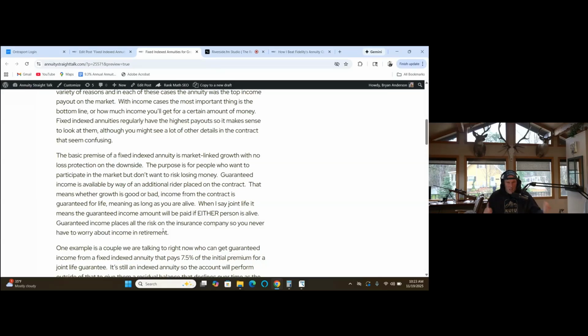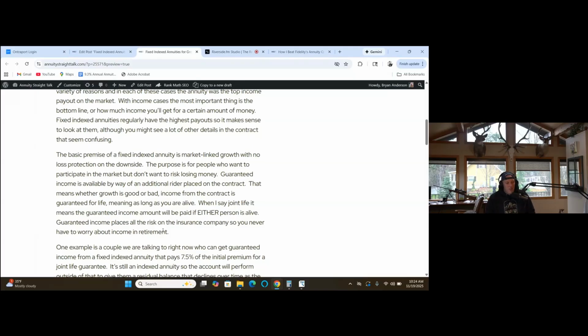For life means as long as you are alive. Joint life is as long as one of 2 people is alive. But a lot of people ask, wait, what does that mean? It means if you're alive, you get it, okay? Guaranteed income places all the risk on the insurance company to make that payment so you never have to worry